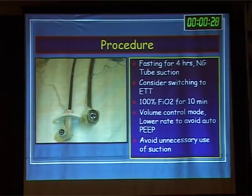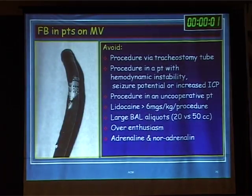I do not like to do bronchoscopy through the tracheostomy tube. I always switch the tracheostomy tube with an endotracheal tube, because the tracheostomy tube has a very tight bend and it becomes very difficult to negotiate with a flexible scope. Besides that, it has a narrower diameter as compared to the endotracheal tube. The endotracheal tube is quite malleable. I don't have time to take you through the details of all those things, but if you try to shove your bronchoscope through that,